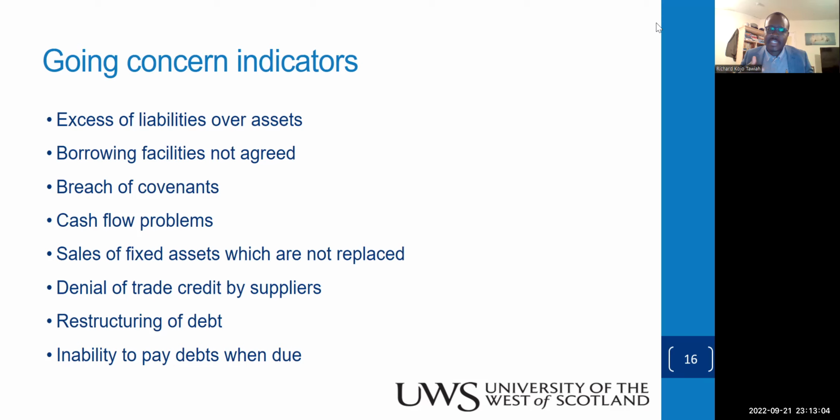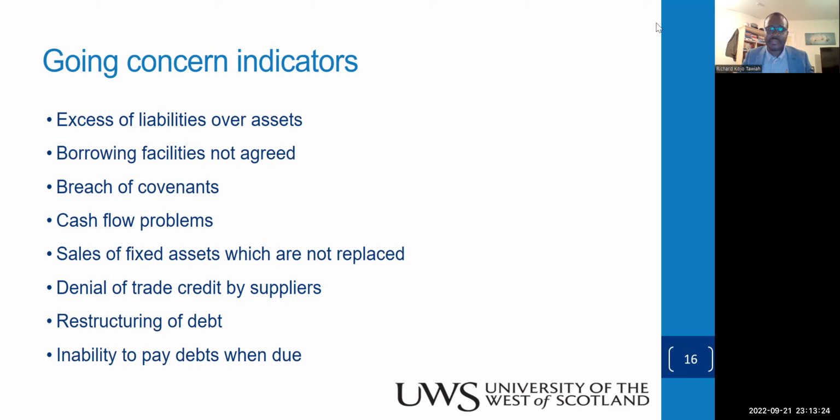The existing loan covenants they have, this company has breached. They couldn't pay their interest on time, their principal on time. There's a question mark on their credit. Cash flow issues, they're struggling to raise money. They are overtrading, no cash to meet their